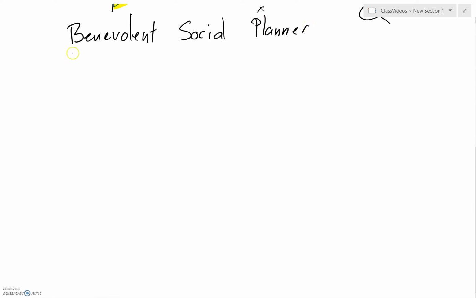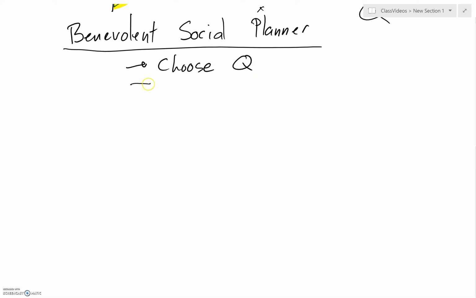And so the benevolent social planner is going to choose quantity with the goal of maximizing total surplus. Okay, so you can think about this as a centralized planner who, instead of allowing the market to do its thing,